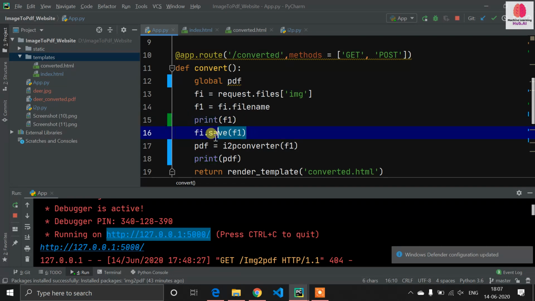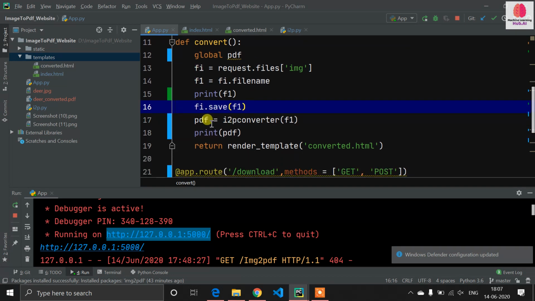After getting the file, we need to save it, because without saving the file I cannot create the PDF file. So now our file is saved. Now it's time to call the function: PDF is equal to I2P converter, which is the function made by us. In this I have given f1, and f1 is our file name.